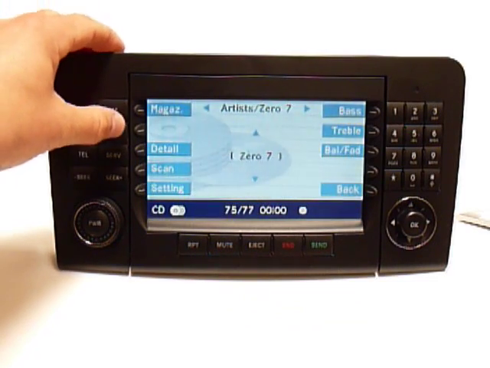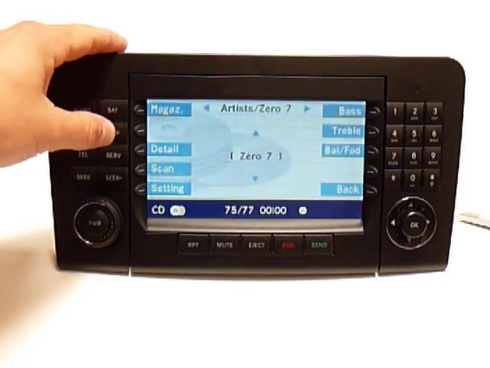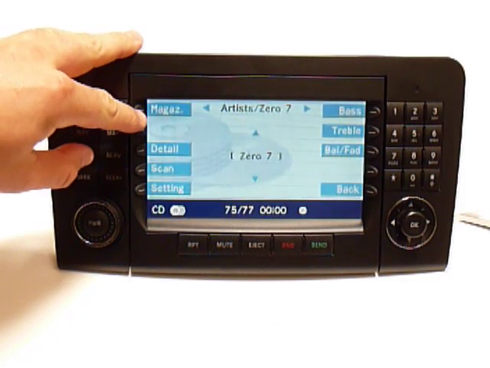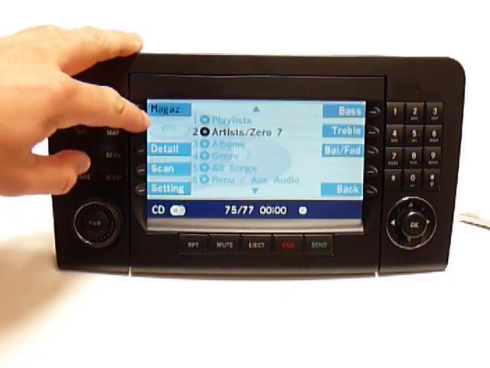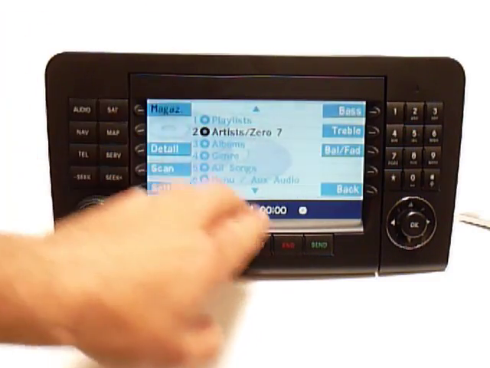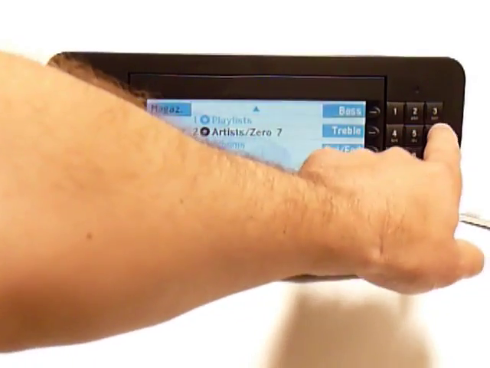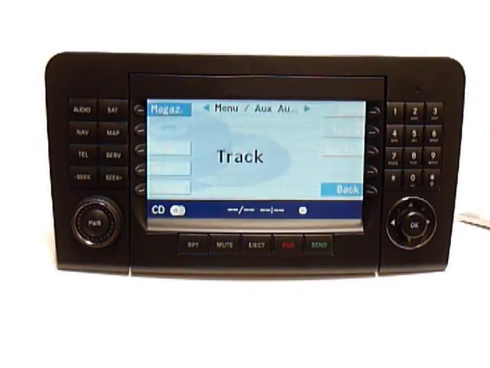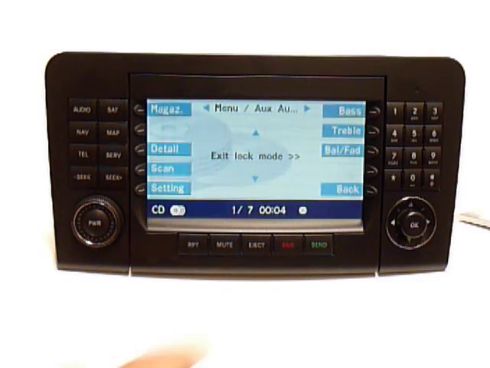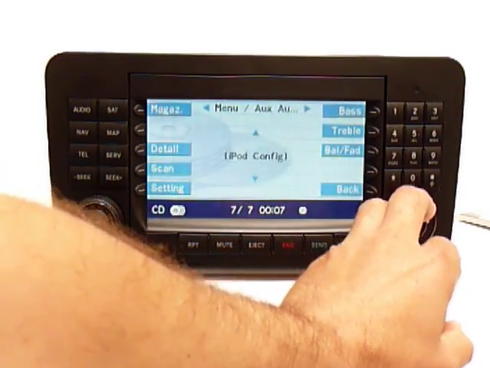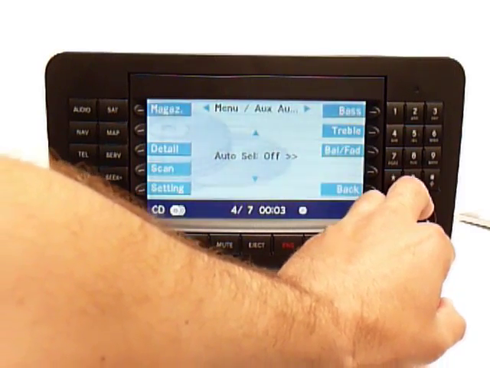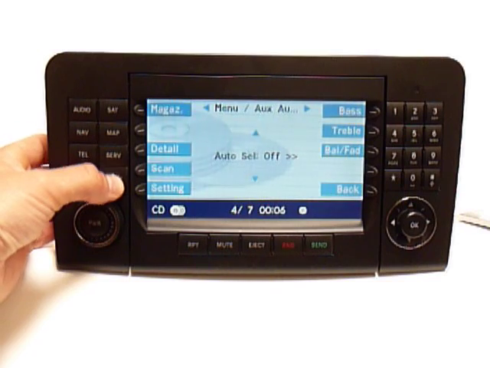But again, as I mentioned, we're going to show you how to change this to auto-select the folder, so you don't actually have to hold the seek plus, and there are several different settings for that. So we go up to magazine, which is the top level, and in our utility function, disk 6, you can either scroll down or just press 6. Scroll down in this aux audio menu, and you can see auto select is turned off. That's how we ship by default,